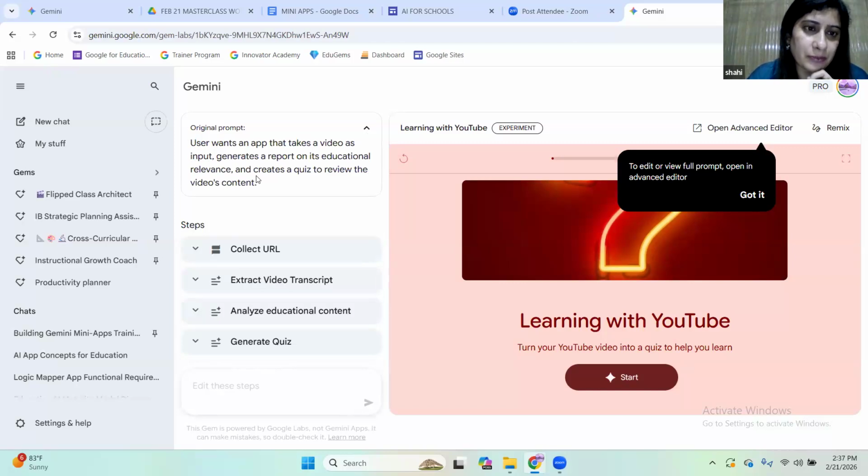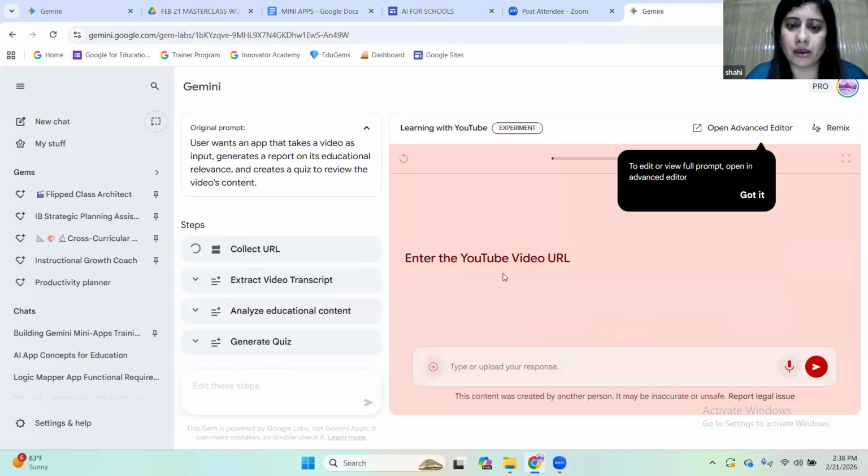For example, in this app, the user wants an app that takes a video as input, generates a report on its educational relevance, and creates a quiz to review the video's content. So this is what the app is all about, and these are the steps it will do. When you start this app, you need to add the URL of a video here. So what I will do is go, for example, here, and